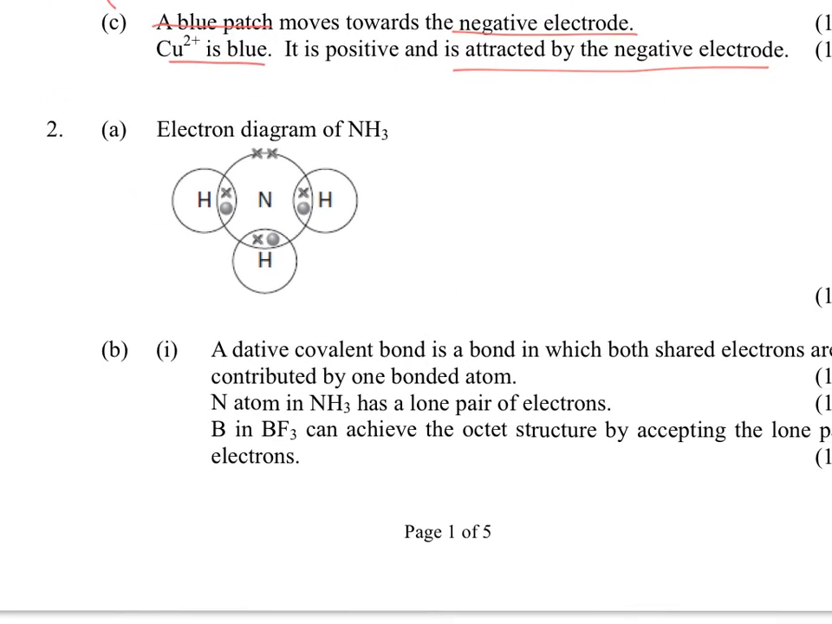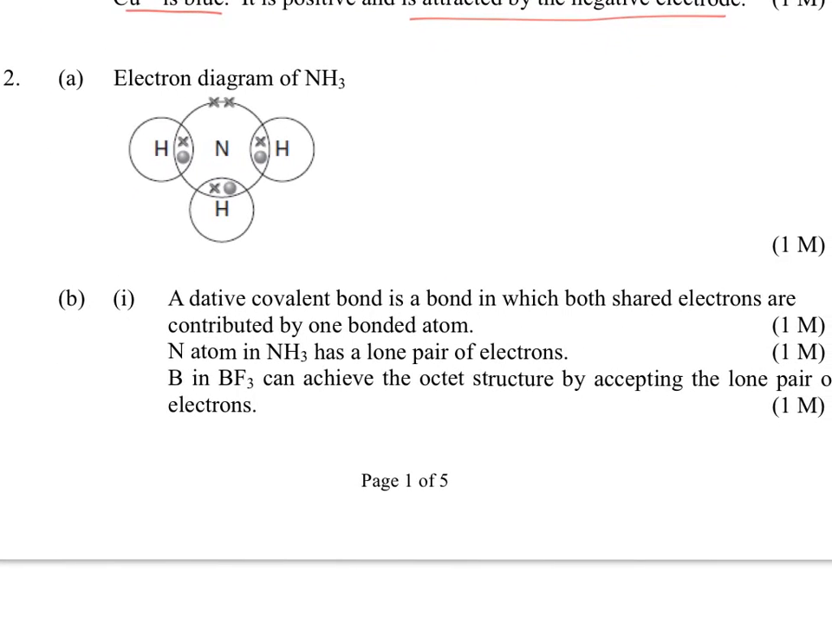So for question number 2, the electron diagram should be ammonia, something like this. And I find that some of you write down the cross outside the covalent bond. Of course, this is incorrect. You need to share the electrons in order to form a covalent bond. And then B,